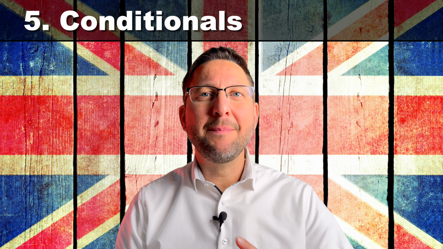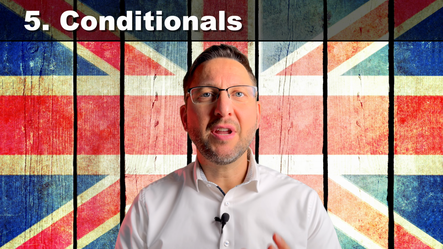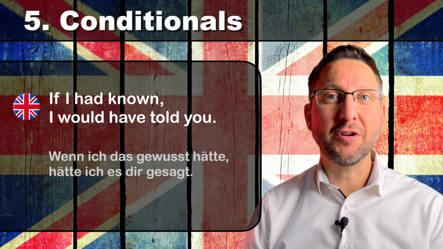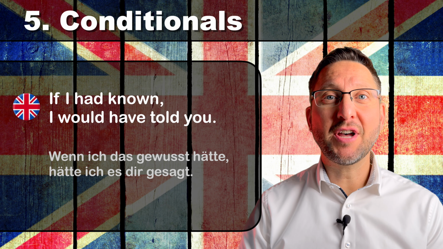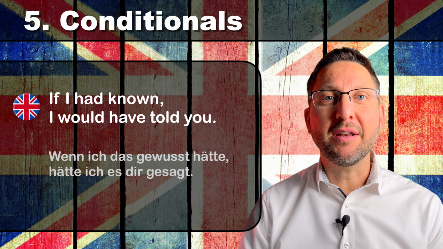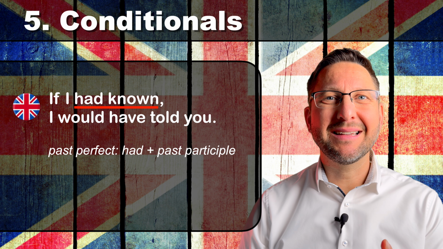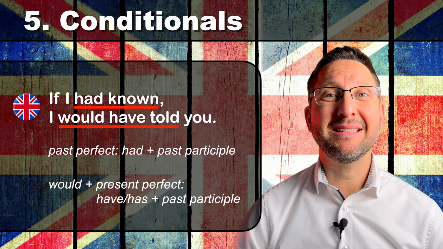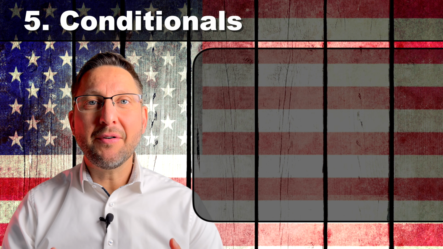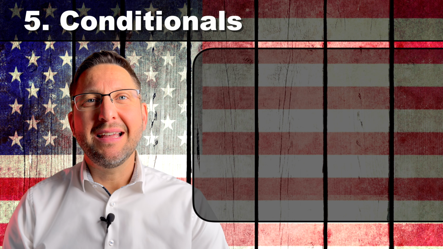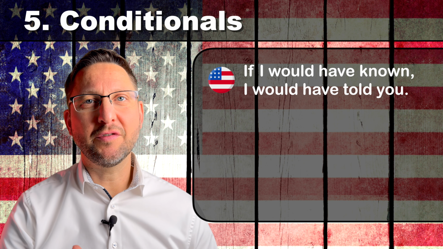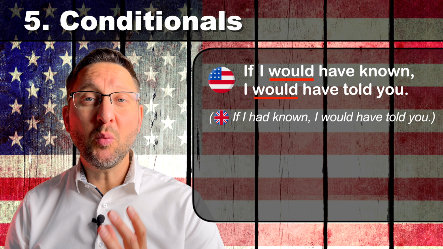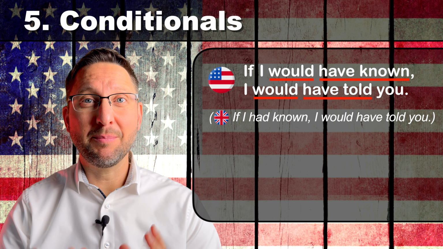Conditional sentences can be difficult to learn. In British English, we say things like, if I had known, I would have told you. This is a conditional type 3 sentence, and in British English, we use the past perfect in the if part and would plus present perfect in the second part. In American English, people often say, if I would have known, I would have told you. Americans simplify it a bit and use two woulds and two present perfects,